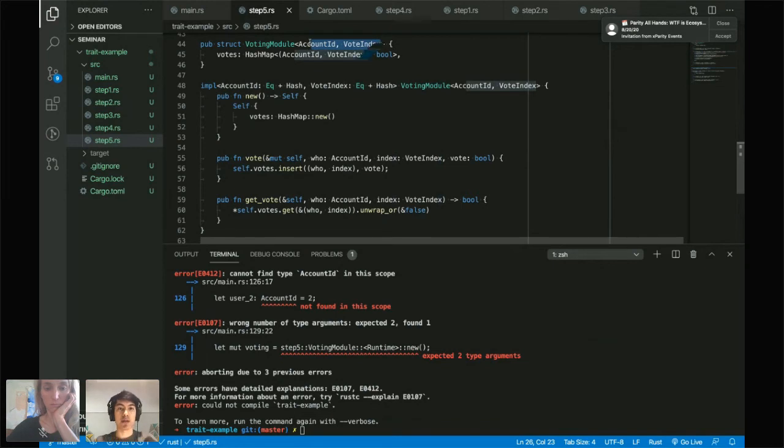Sorry about that. T trait. T colon colon. T colon colon. Here. You guys can see the lag on the other side, right?